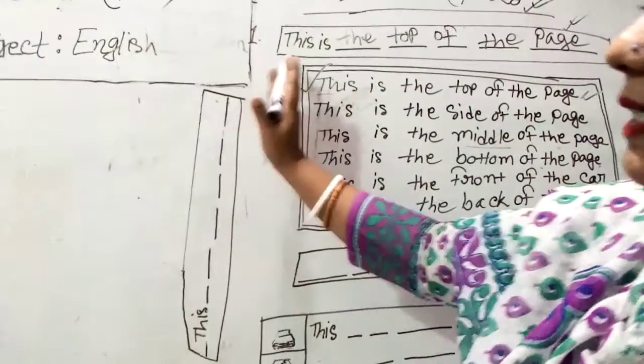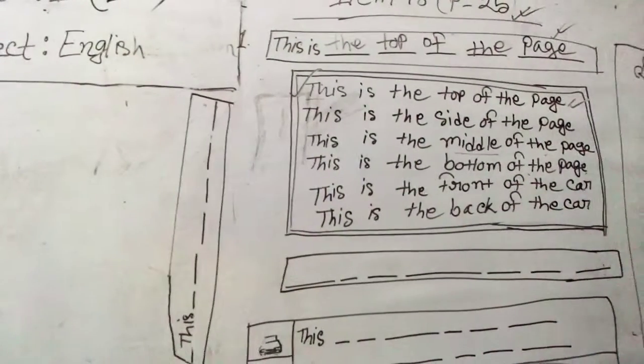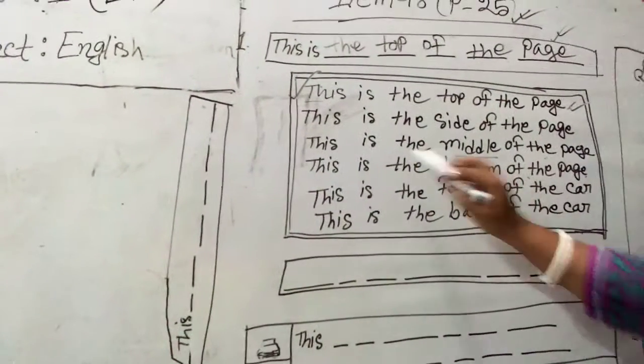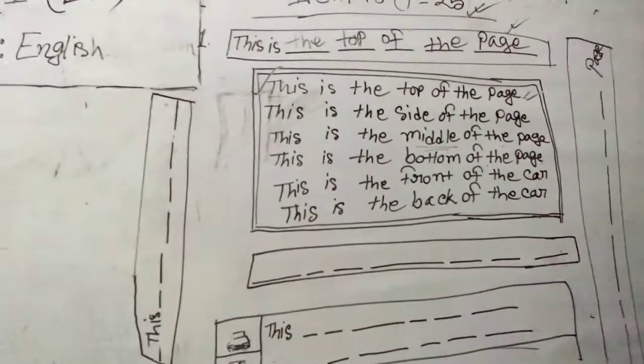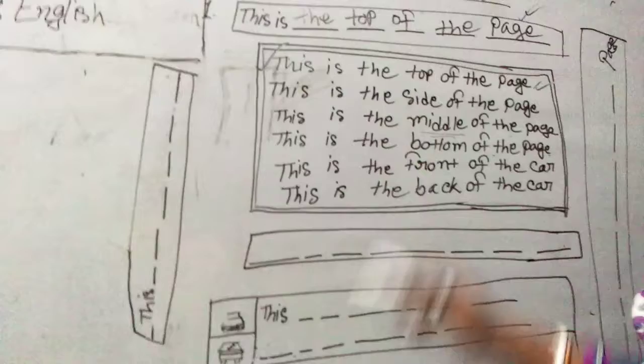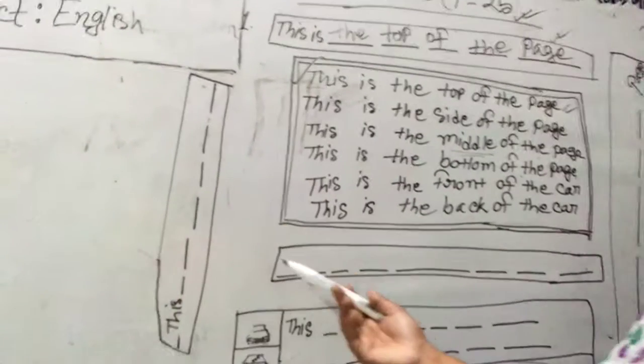So what is it? Isn't it looking like a side? So which sentence should I put? Is it the middle? No. Is it the bottom? Bottom means the very last line. Is it the bottom? No. Is it the front of a curve? Is there any curve? No. So it can't be.